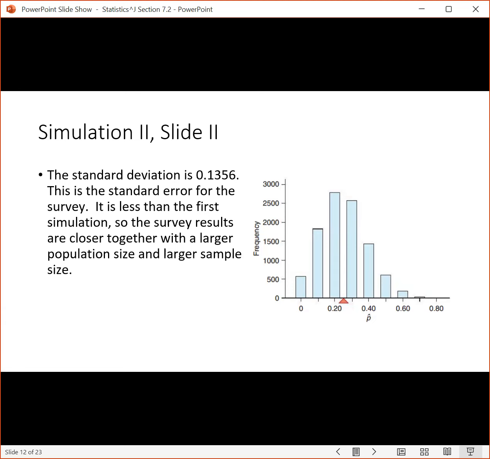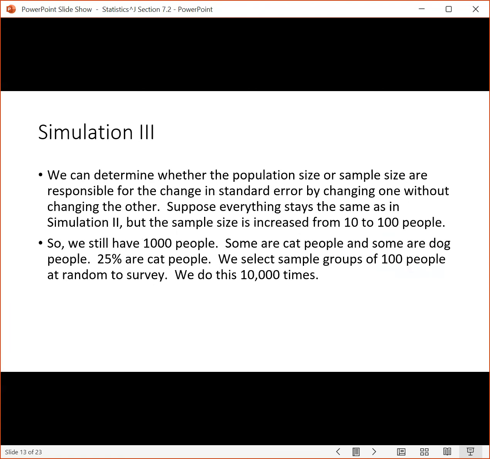And then the standard deviation itself is 0.1356. So it did decrease. So this is also called the standard error. It's less than the first simulation. So the survey results are closer together when we have a larger population size and a larger sample size. Okay, so